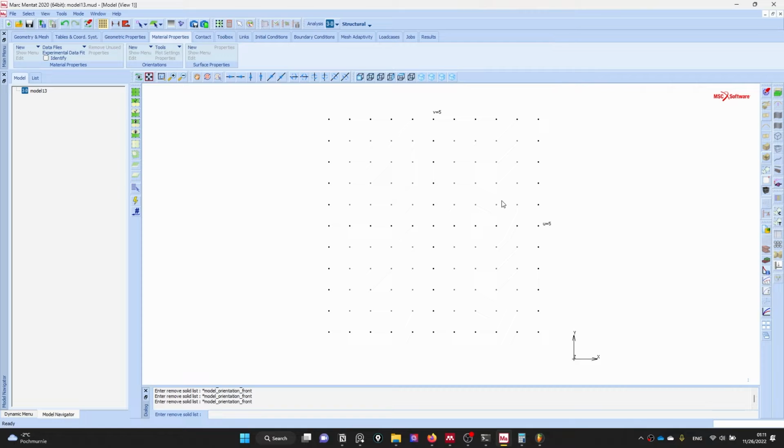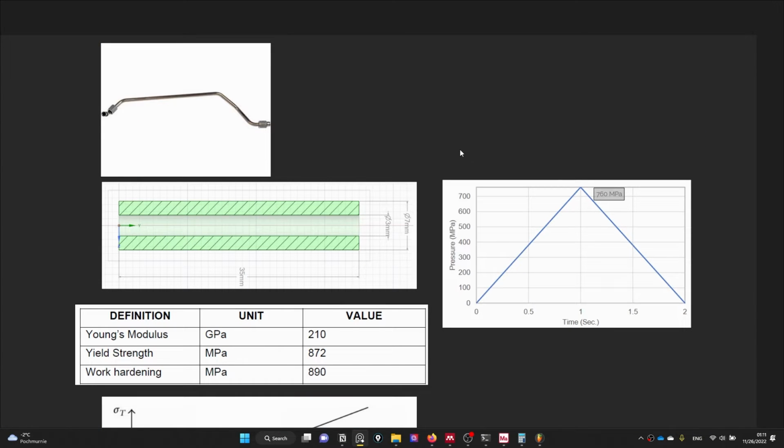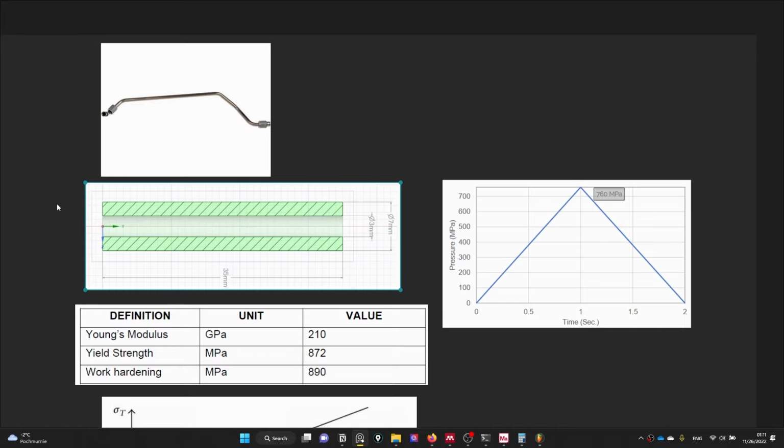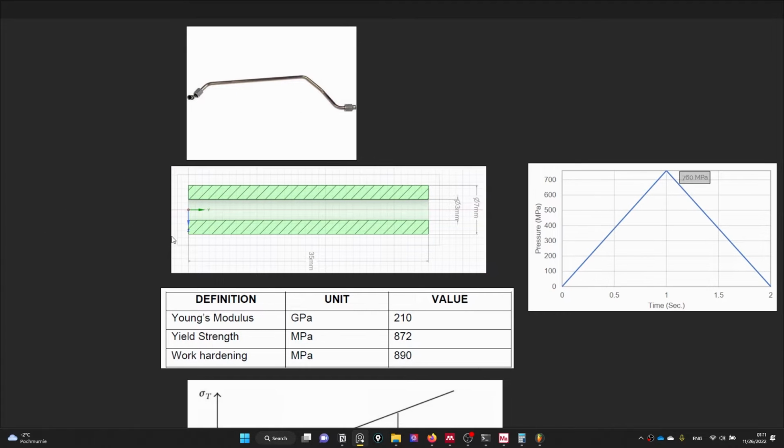In this tutorial I'm going to talk about the autofrettage process. The autofrettage process is a work hardening process as a result of applied enormous pressure. In order to do this process, I select a geometry